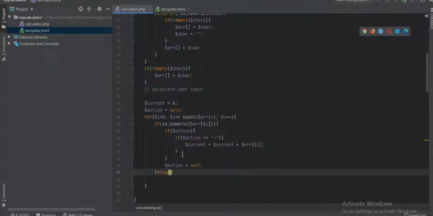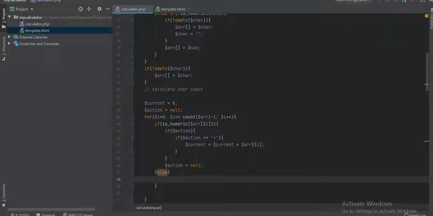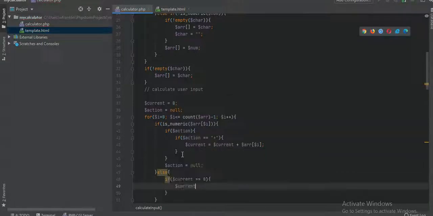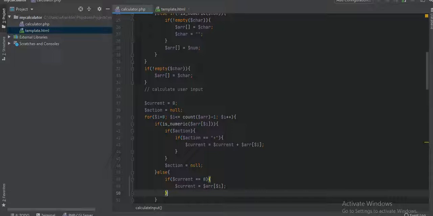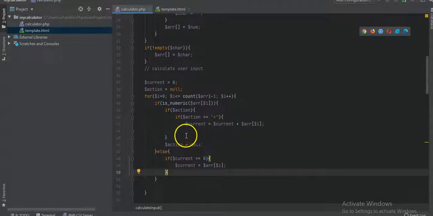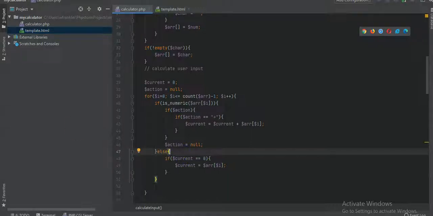And in the case where it is not numeric, if current is equal to 0, we say current is equal to, right? So if current is equal to 0, that means we have now started. Then the current value is actually the first number that we hit. But that is not the case otherwise. And finally, if it is not numeric, so remember I have an if up here, else,